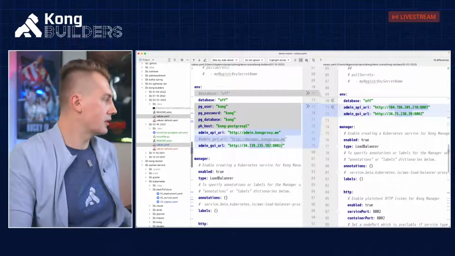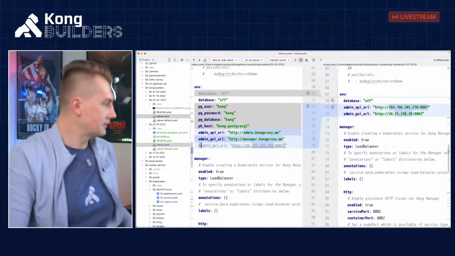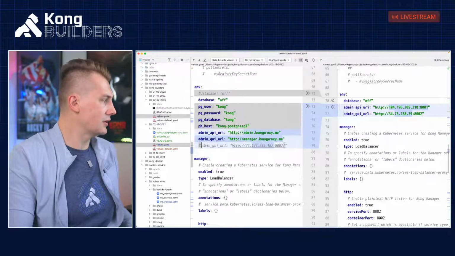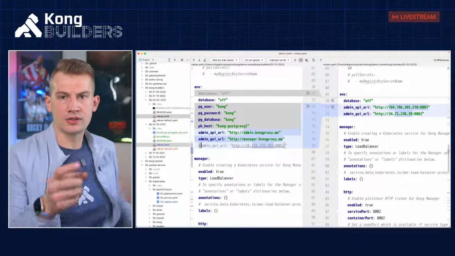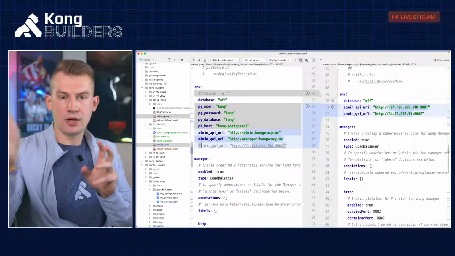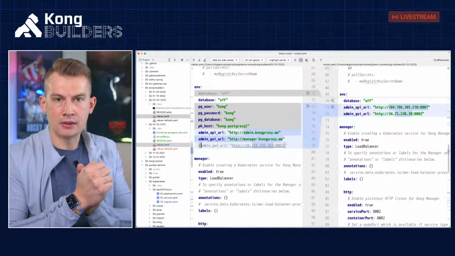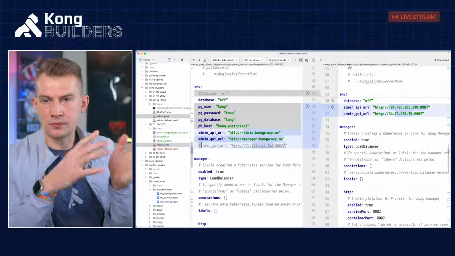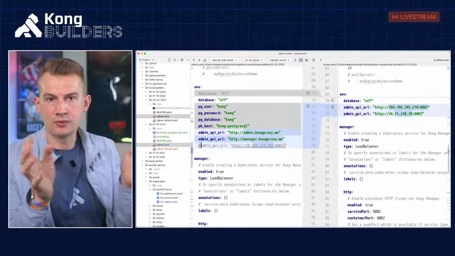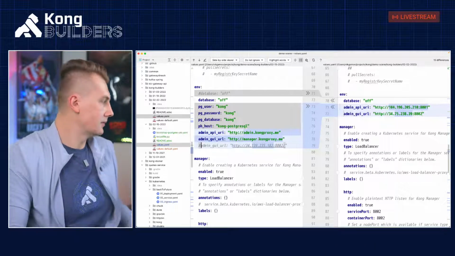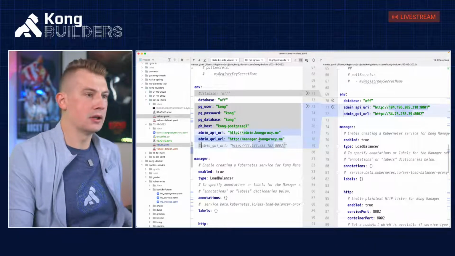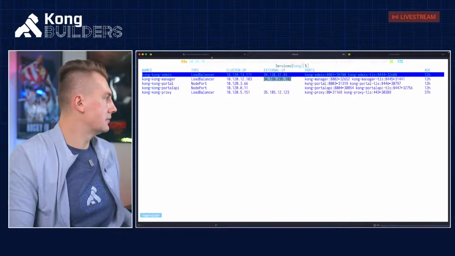Once I create this, I will be able to use stuff like this. And these things are important from the CORS perspective. The UI will be talking to the admin API on the server, so in this case there would be no issues with CORS here. So I will start applying this.